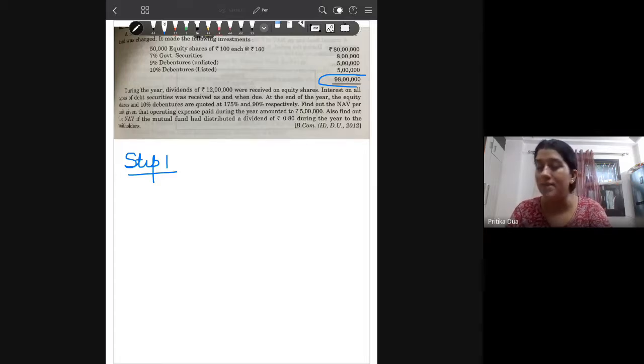Which means that the cash holding currently is 2 lakh rupees, because the entire amount raised has not been invested. So step one is calculation of the closing cash balance,